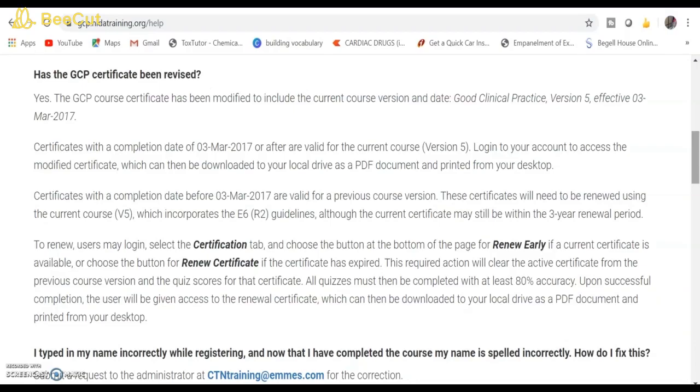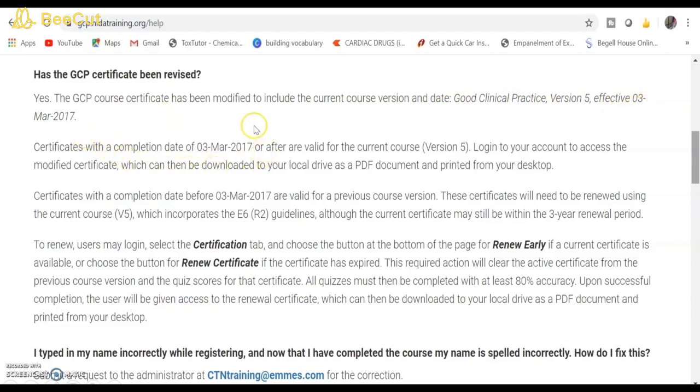The important point about this GCP certificate is it gets revisions. Okay, so right now on the current date, that is 6th of June, this GCP certificate course has been modified to include the current course version and date. This is version 5, which was effective from 3rd March 2017.